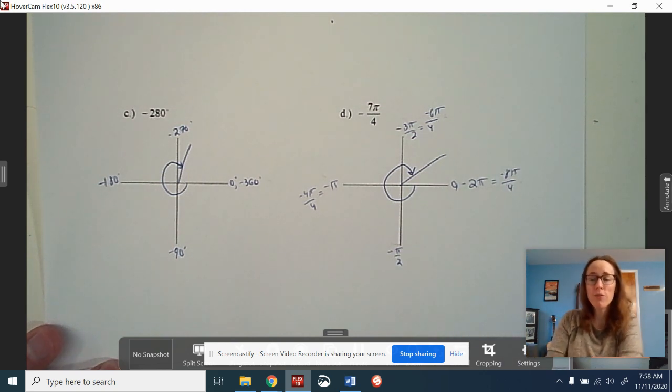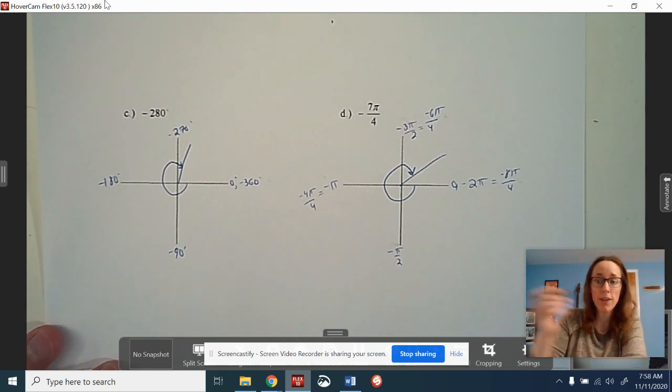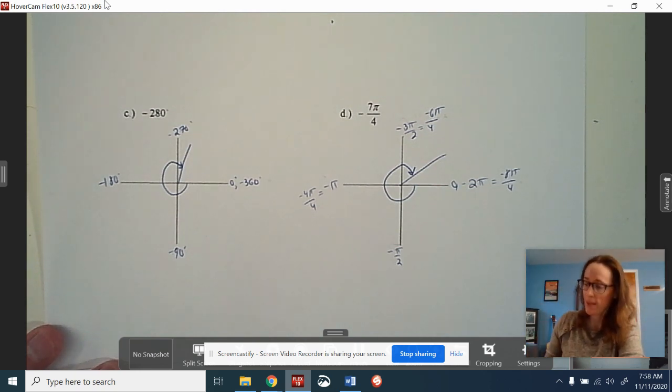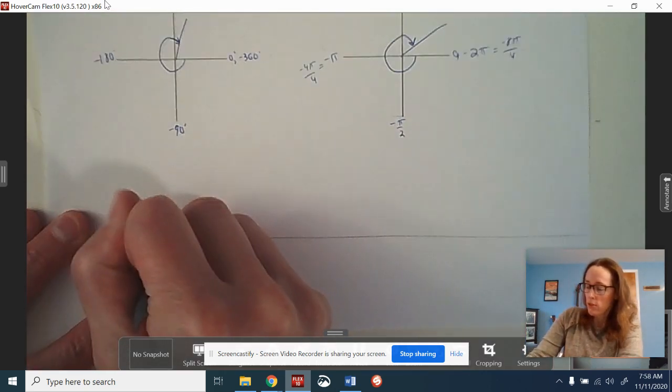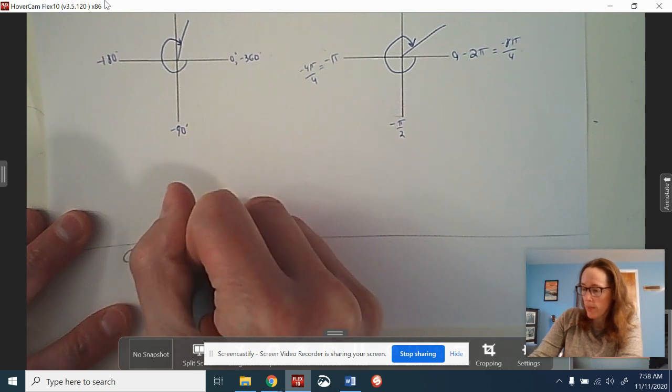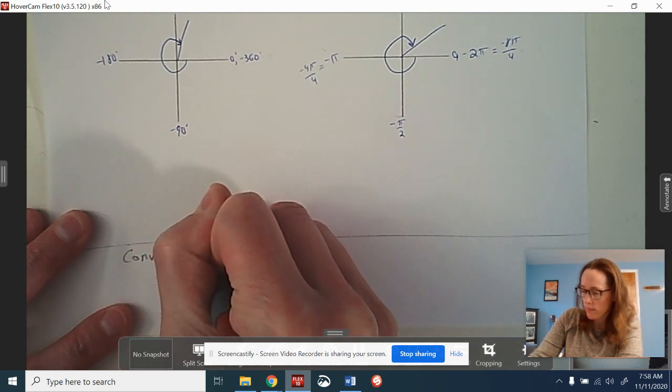Okay, so that was a quick review of sketching angles. That skill, we haven't seen it in a little bit, but it's going to come back and be necessary in the work that we're going to do next week. The next thing I want to show you is how to convert. So if you want to convert from degrees to radians,